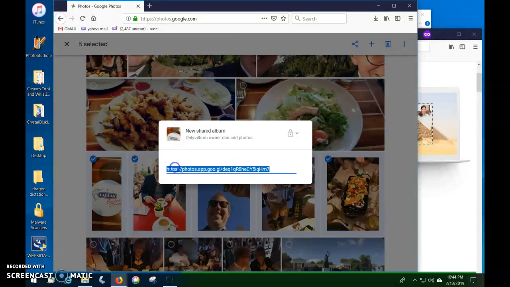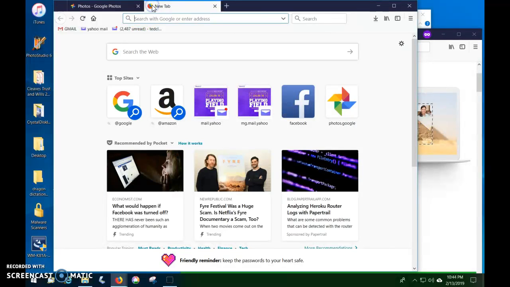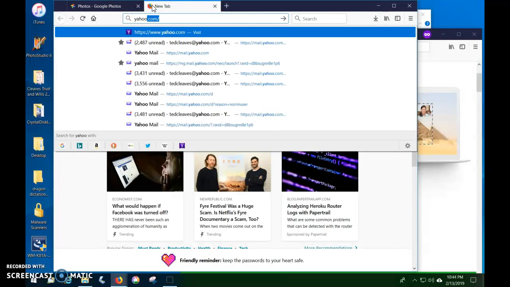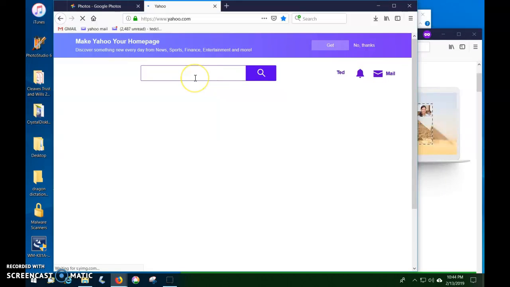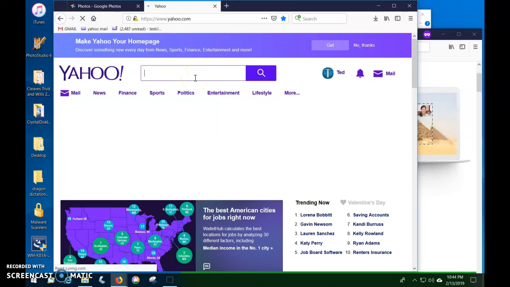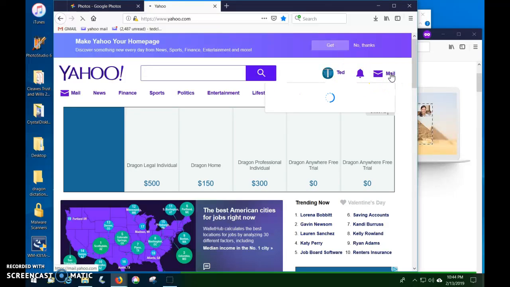You have to select it and copy it. Then you could go over to your email. I'm going to go ahead and go in your email since I know it's logged in and I know you're familiar with it. And I'm going to show you how. So I've copied it. The link is copied, remember? And I haven't uncopied it. So we go into your mail